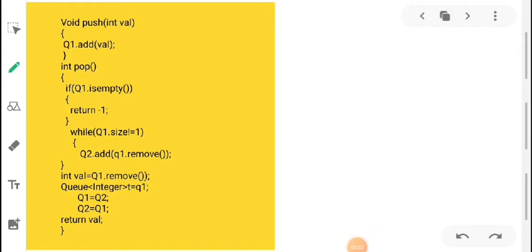So simply, if we want to push something into the queue, we want to implement a stack using two queues. That's why we are using push and pop, because we want to implement a stack. So if we want to push something, we are just pushing into the q1. Whatever we want to push, we are just pushing into the q1. Now if we want to pop,